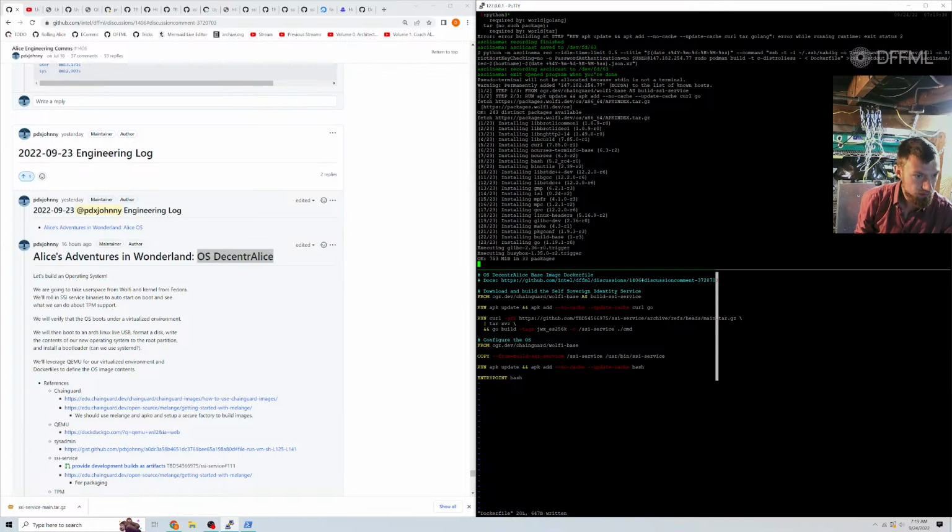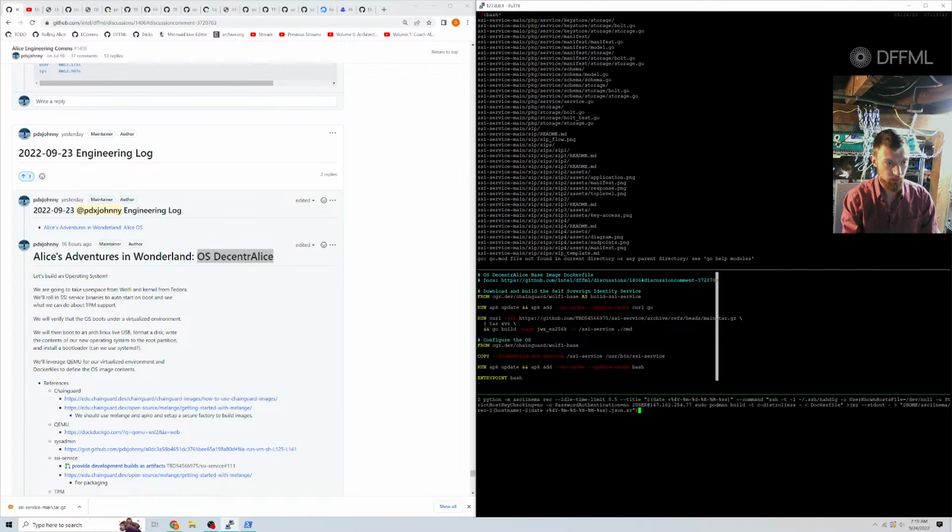Will you build the SSI service? And then the question will be, can we execute it from the base image? And then the question is, what do we have to do on Fedora to get a